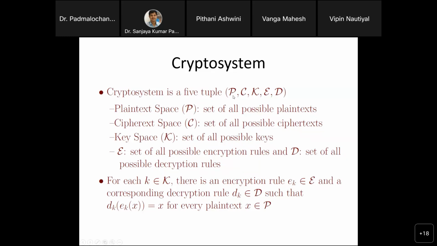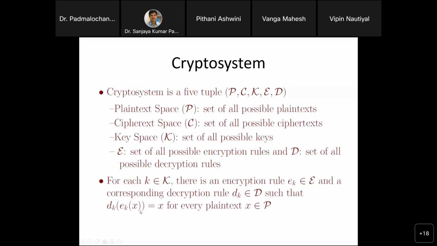These 5 tuples define the crypto system, and the rule is, for each key k from the key space, if you pick any random key, there is an encryption rule ek belonging to the encryption rules and a corresponding decryption rule dk belonging to the decryption rules,